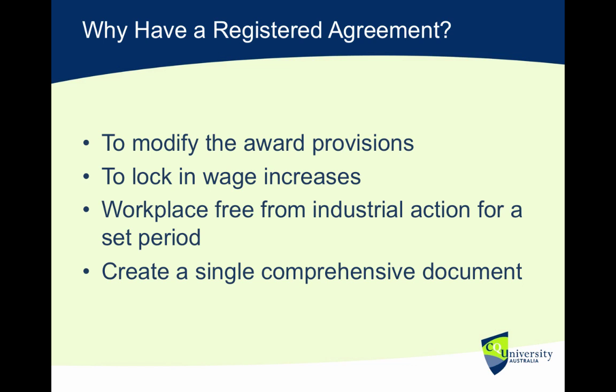Why do you have a registered agreement? We've already been advised that you can enter into an agreement of any sort with an employer. And this includes just a standard contract between the two of you. We've been told that there's a safety net, and that safety net is either the National Employment Standards and other legislative instruments which deal with things like workplace health and safety and work cover, etc. Or there might even be an underlying modern award.